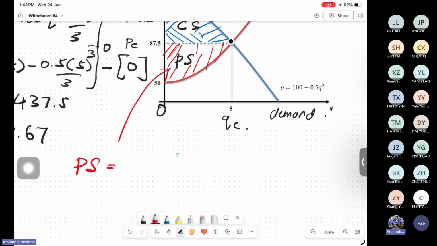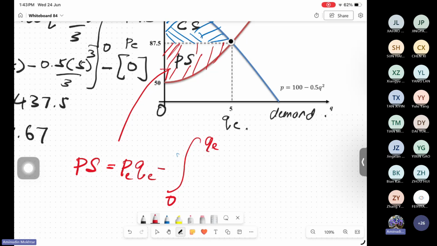I hope you can remember this formula. Kalau ingat lagi bagus. The first part is we need to find the product of P and Q, in this case PE and QE, minus the definite integral between Q0 and QE